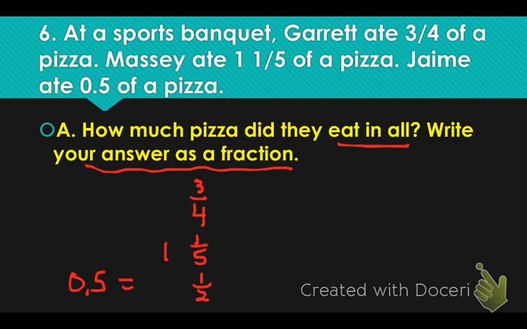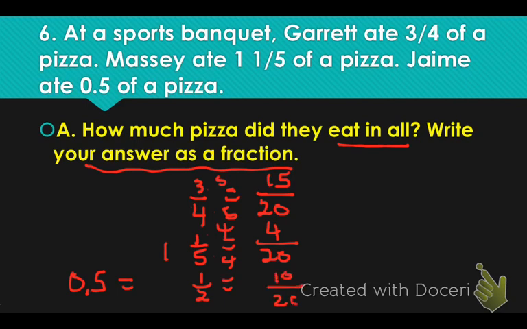Okay, here we go. Common denominator is going to be 20. So 3/4 is going to be 15/20. 1/5 is going to be 4/20. And 1/2 is going to be 10/20. Sorry, I'm running out of room on the bottom there. I don't want to forget my whole number over there. So I'm going to put that whole number over here, since I'm going to run out of room on the bottom there. So there's 1, and now I'm going to add my fraction. So 15 plus 4 plus 10. That's going to give me